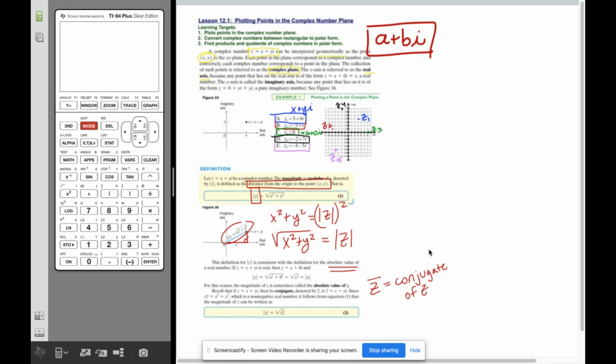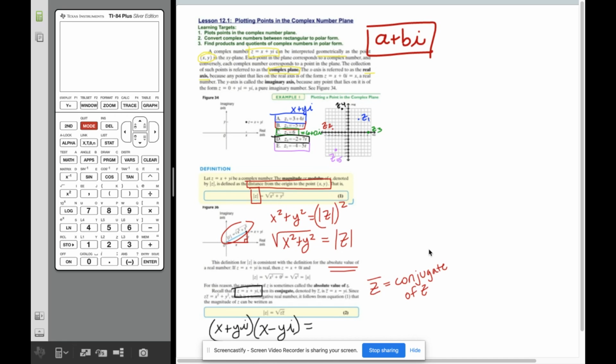Let me show you why this works. If z is x plus yi, and its conjugate is x minus yi, and you do FOIL or any other method,